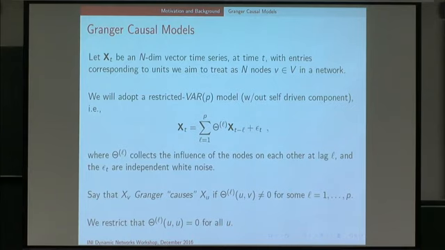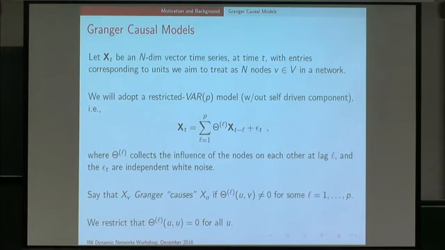All right. So x_t is going to be my variable of interest here. It's going to be an n-dimensional vector time series indexed by time t. The entries of this are going to correspond to what we have in mind as being units in our network, right? So ultimately, these things will be what I'm calling vertices. These could be countries where we're looking at their financial records. It could be regions of the brain where we're going to ultimately look at the functional connectivity between them, and we're measuring time series for those.